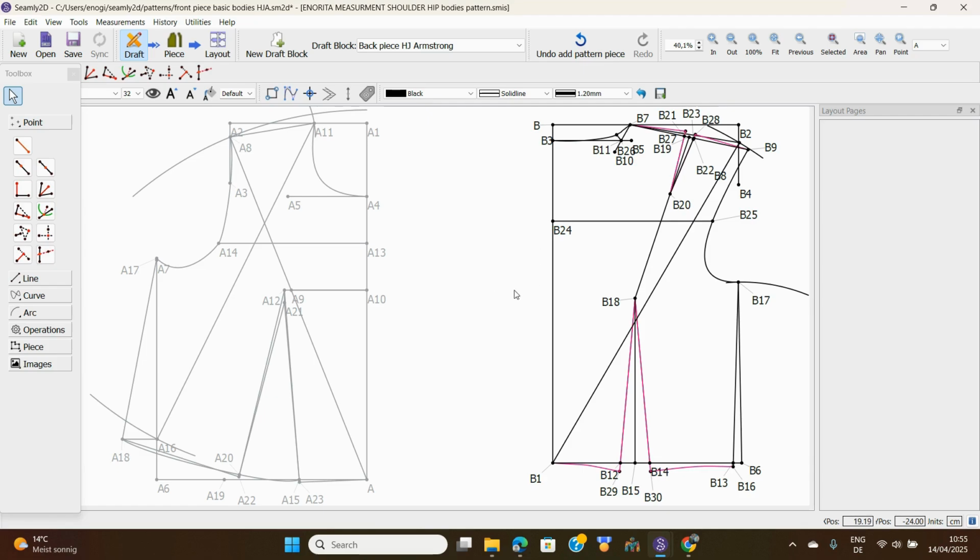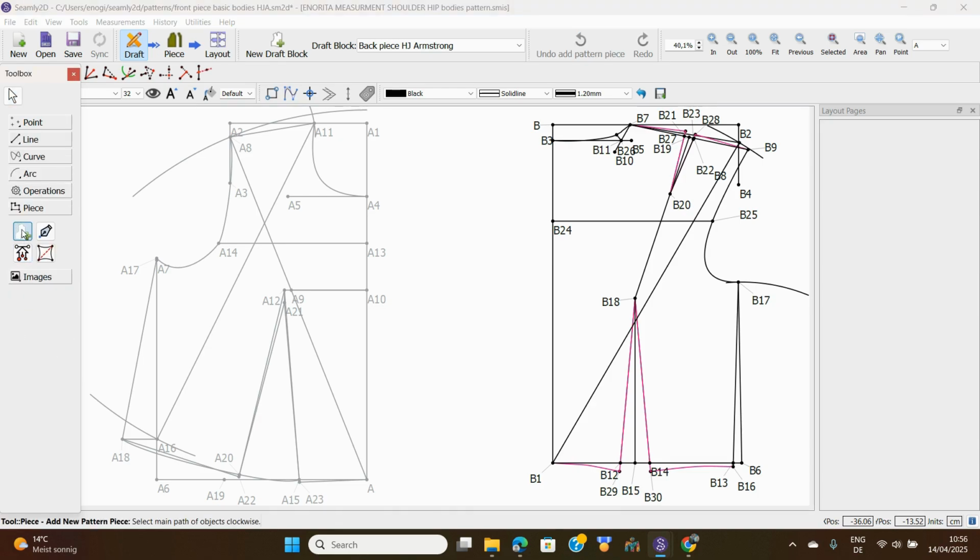I'm going to take you through this, and then I'll just do the hand one, just to let you know, so you are able to do it without any problems. So let's start again. As I said, we'll go here to piece, we'll go to this particular tool, and click on it to activate it. And now we are going to start from B1. We'll now go to B24, we go to B3, we click on the curve,